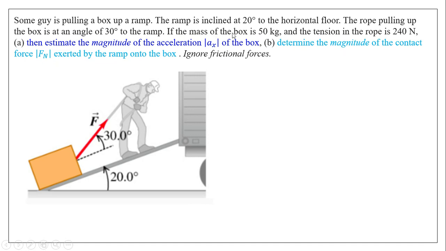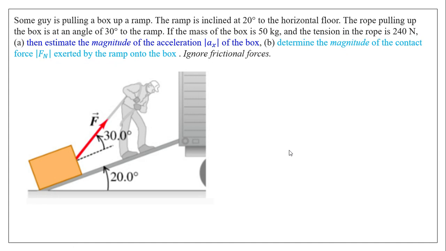It says if the mass of the box is 50 kilograms and the tension in the rope is 240 newtons, it wants us, A, to determine the magnitude of the acceleration of the box as it's being pulled up, and B, determine the magnitude of the contact force F of N that's exerted by the ramp onto the box. Alright, let's go and crack this